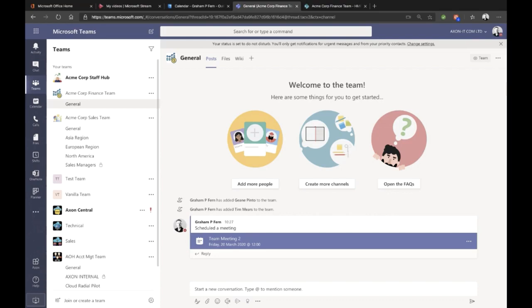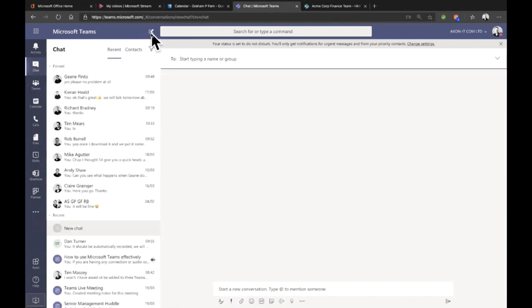Here's another anonymous one. What's the best way for a leader to manage a team remotely with Teams? One-to-ones you would do over chat. So when we look on the left-hand side, click chat, and you can start a chat by clicking new and typing someone's name or creating a group of people. We've got one here. There are 4 people in this. These are all initials of people. So you can have more than one person, or you can have one-to-ones. A manager can have one-to-one conversations, all private,